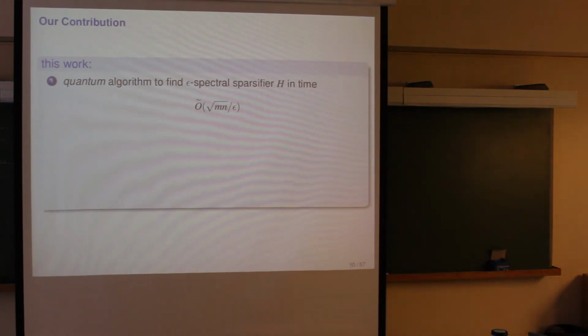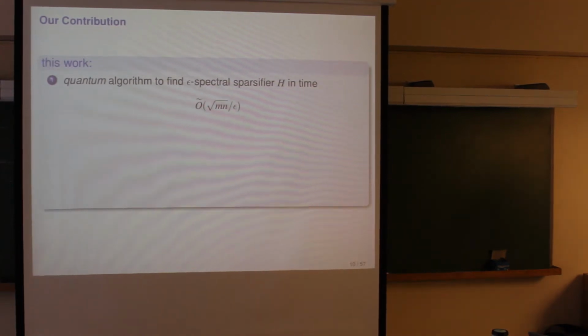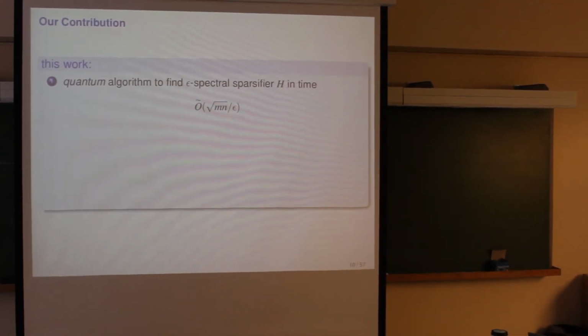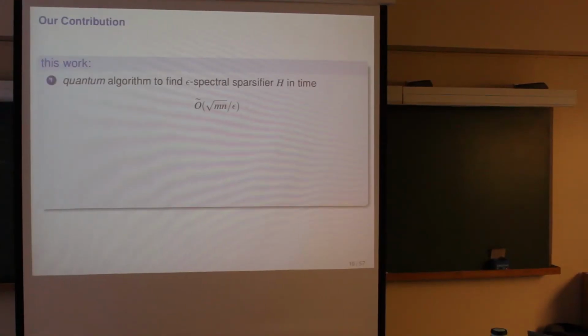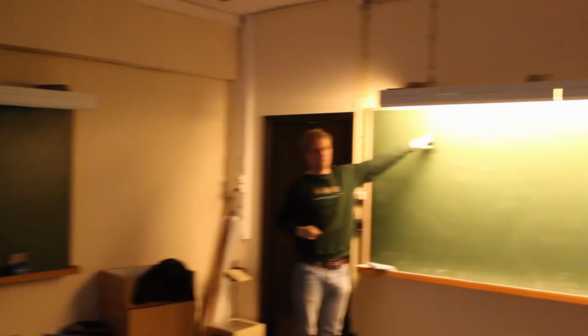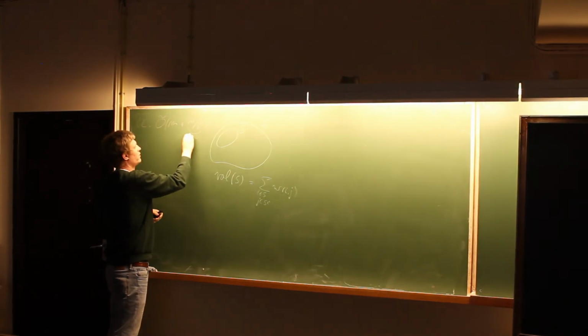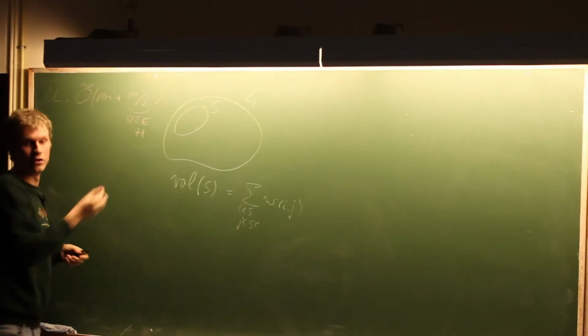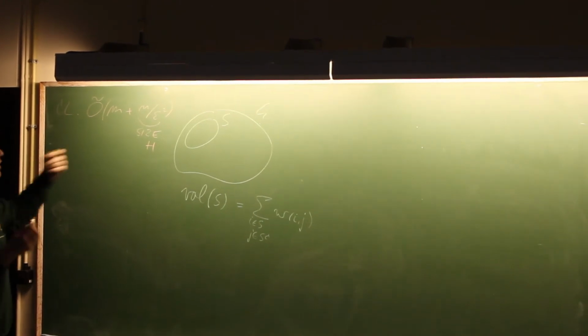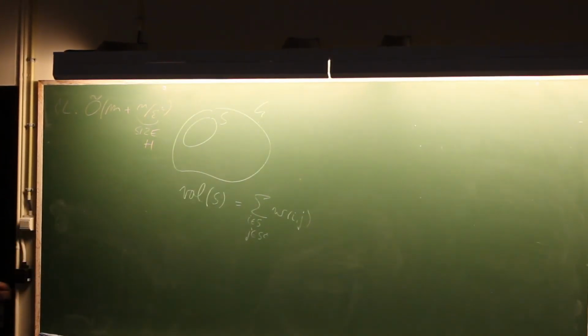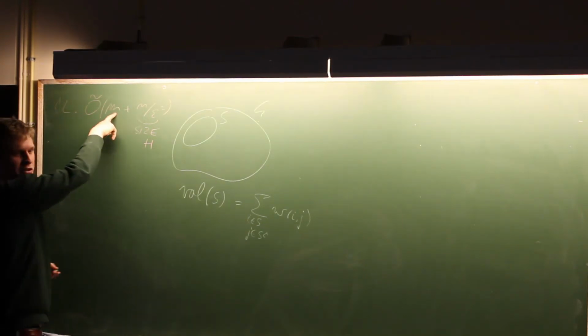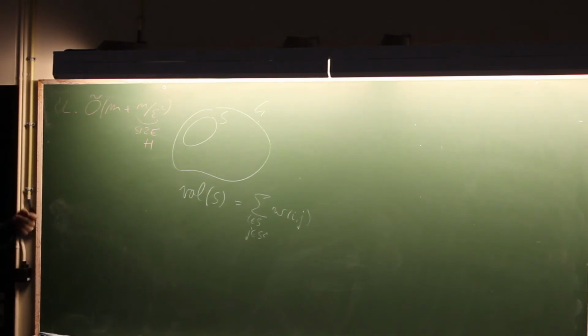I have to maybe make a small side remark regarding this bound. Classically, what you get is basically O tilde m, but implicitly there's this n over epsilon squared term here, because this is the size of the sparsifier H, right? And so clearly your algorithm is lower bounded by the description size of the output, but you never mention this because if this would be larger than m, then you would never sparsify your graph, because the sparsified graph will have that many edges, and otherwise you just keep the original graph.